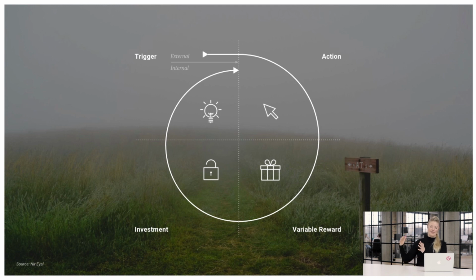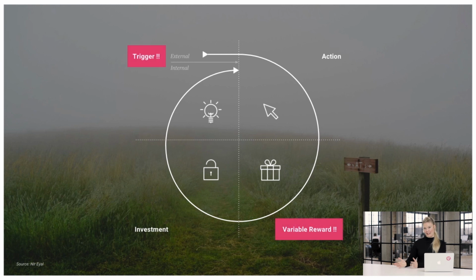And the variable reward obviously is what the user aims for when they start using your product. The fourth sequence is what he called the investment, and this is where the user invests something of themselves. It could be money, but it could also be that they assign to a network, or they help each other and they gain knowledge or something else.